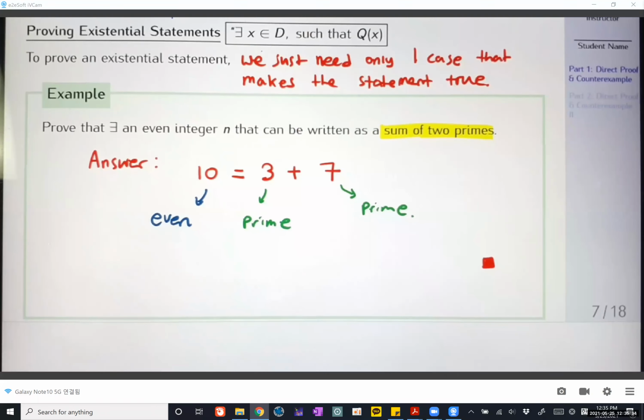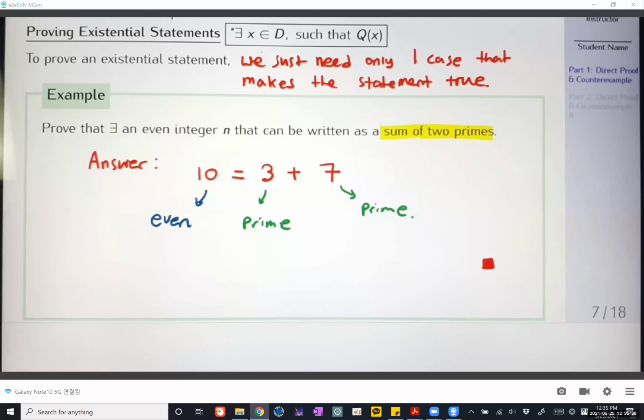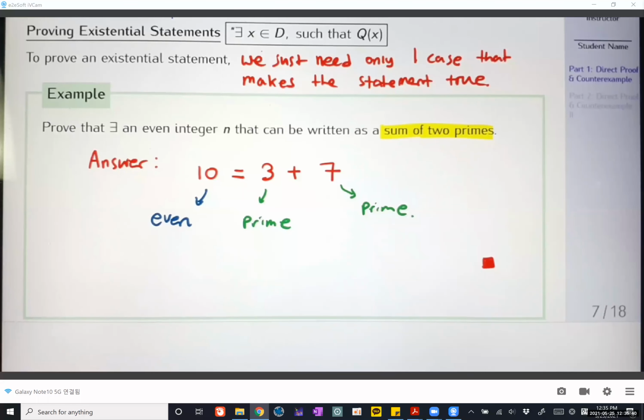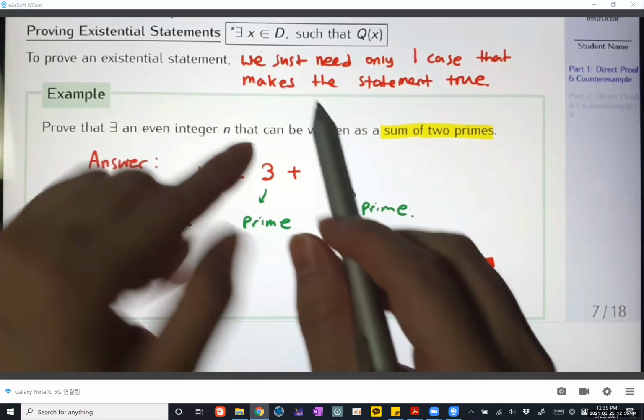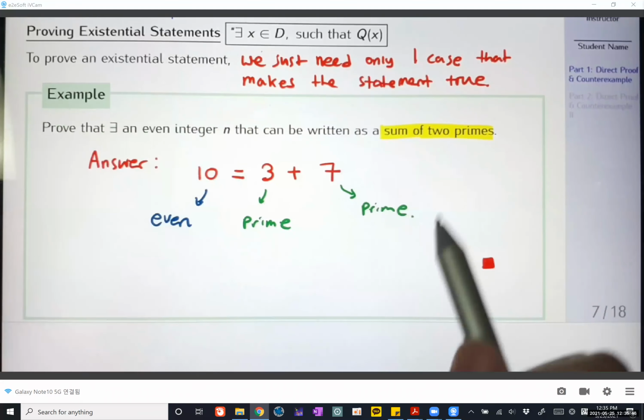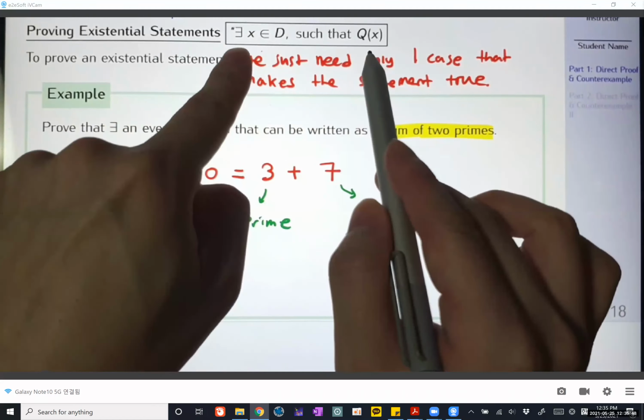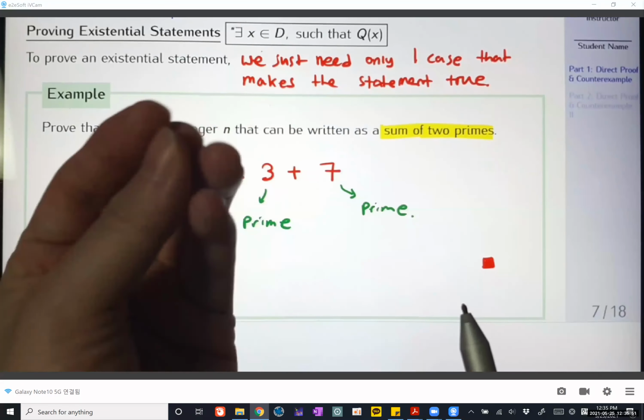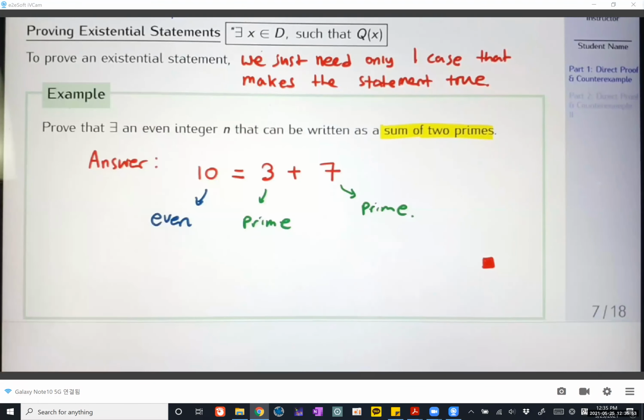Right, Daria, thank you. 7 plus 3, 7 plus 5, and so on. There are so many choices. Okay, this is how you prove an existential statement. Proving an existential statement is the same as disproving a universal statement. For example, look,